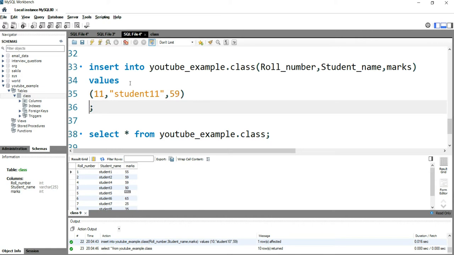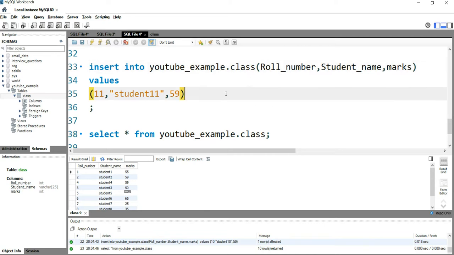Now when I write insert into YouTube example.class, then the column names and the values, SQL will think we are going to insert multiple rows, because after every bracket opening and closing I'm incorporating 3 values: roll number, student name, and marks. The first value, 11, is for roll number, student 11 is for student name, and 59 is for marks.